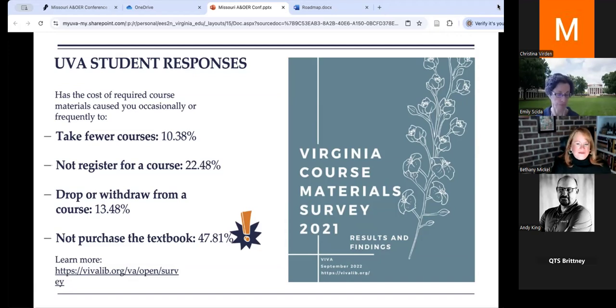And that's really sort of a startling figure for us to see, and it's very troubling. The information actually led to some important discussions and challenging of preconceptions that our students are historically financially advantaged, that they're not in need of lower reduced cost materials. So it really catapulted that conversation forward.